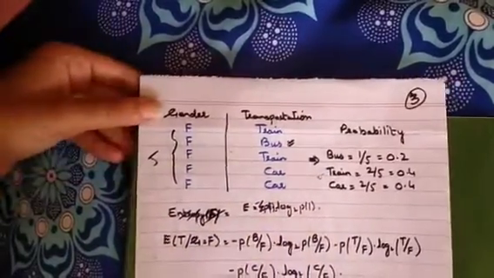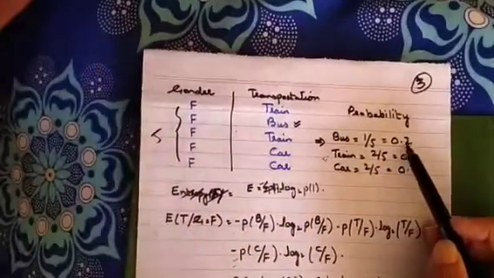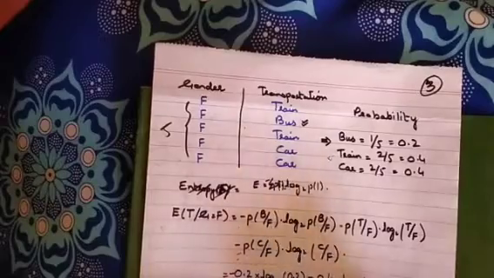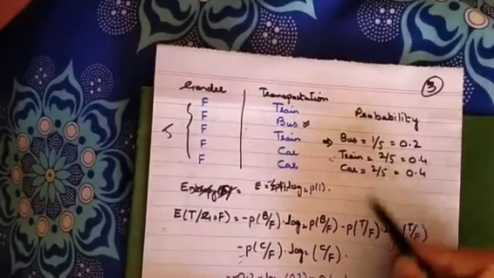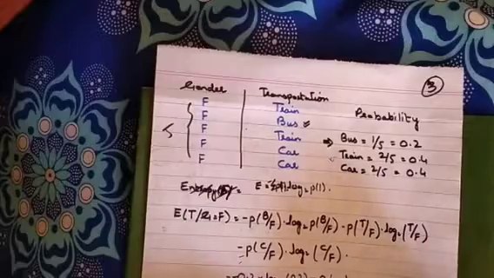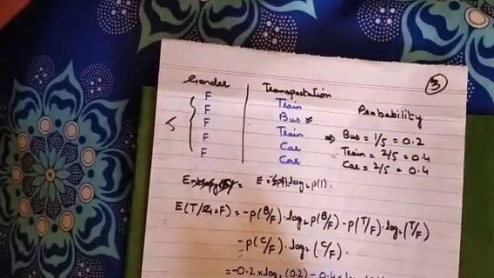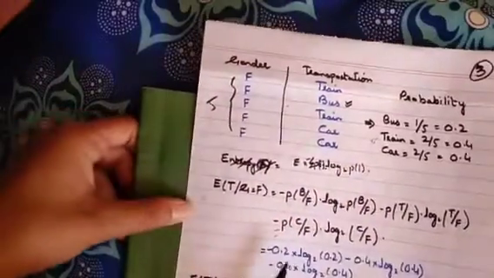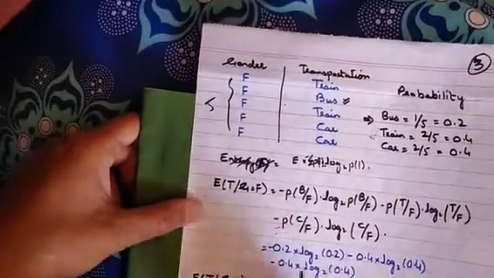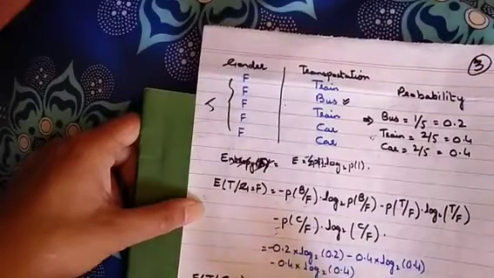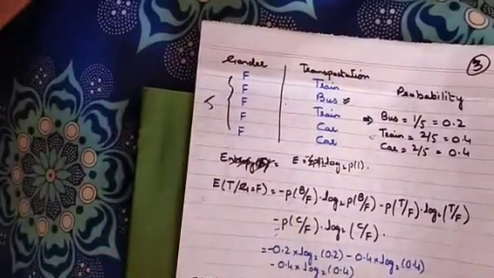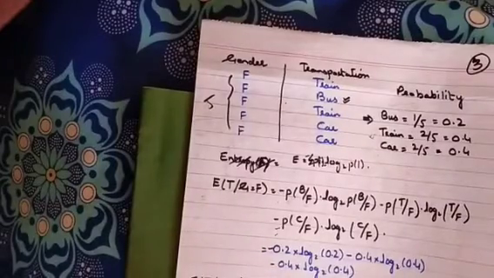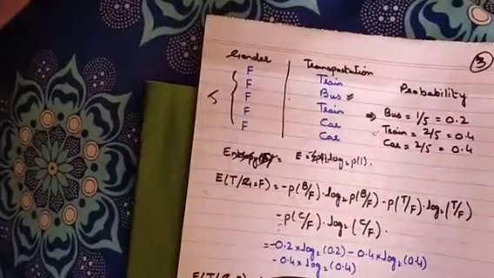So in the same way I can put these values now. So that would be minus 0.2 for bus into log of 2 of 0.2. For train it's again minus 0.4 into log of 2 of 0.4. Same is the case for car, that is minus 0.4 into log of 2 of 0.4. So the entropy of transportation given that the gender is female is 1.371. अब मैंने दो जो भी labels given थे for the attribute, I found the entropy for all of those.